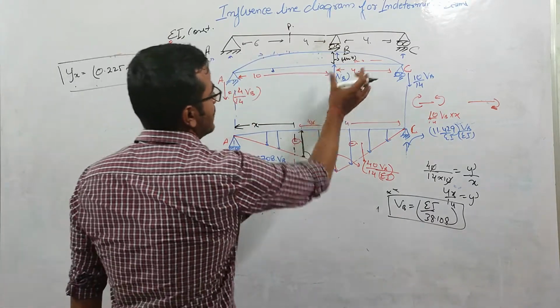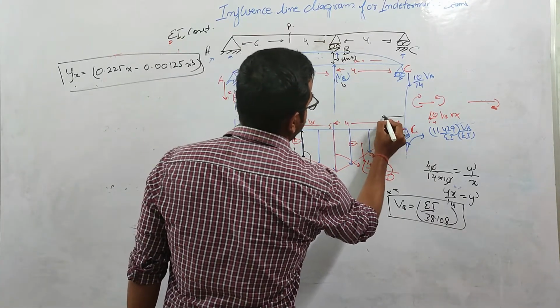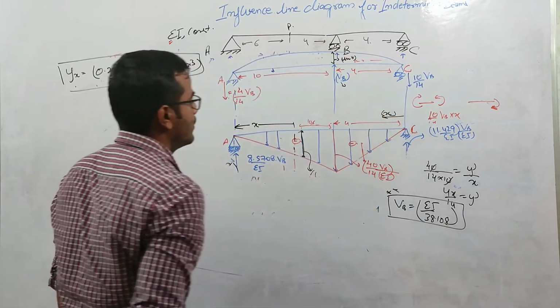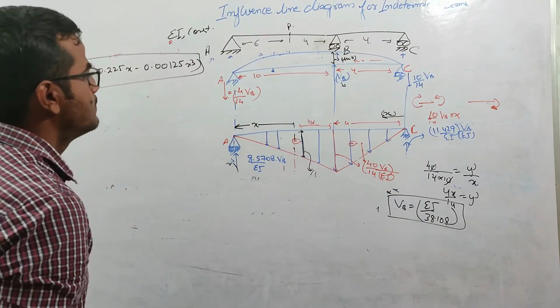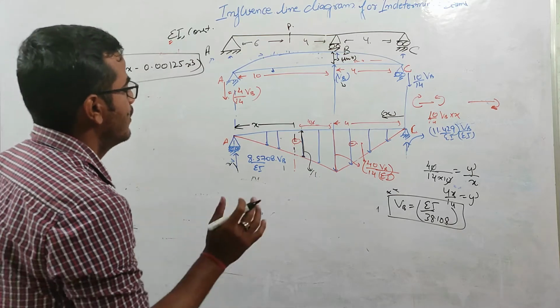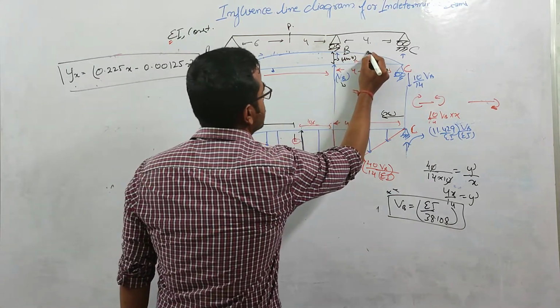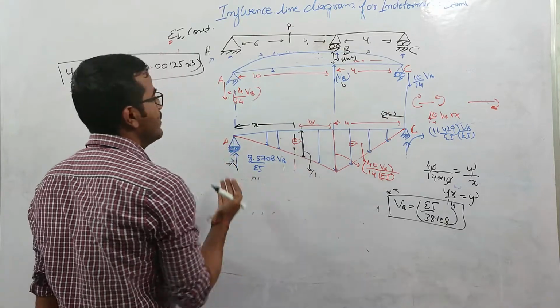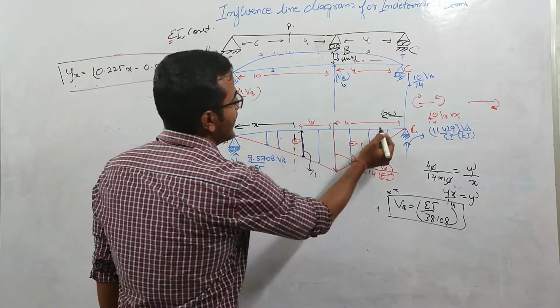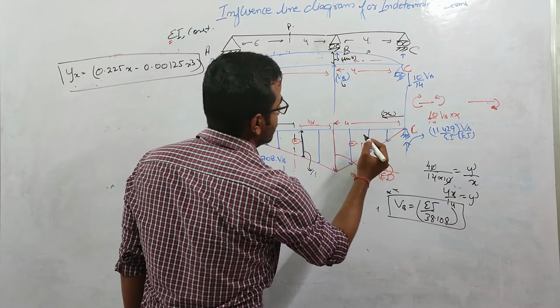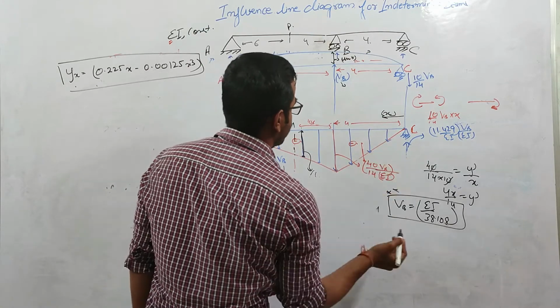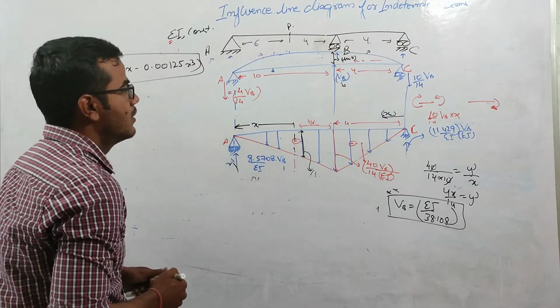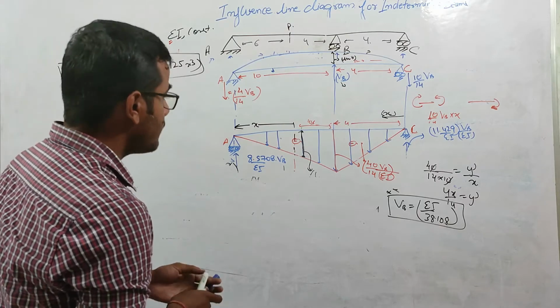So for this portion, what I'm doing over here is that I'm taking x from this side. For finding the equation of this portion, I'm taking x from this side. I can take x from this side also, but my equation will be changed and it will be more tough. So I'm taking x from this side because I will deal only with triangles, not any trapezoid.